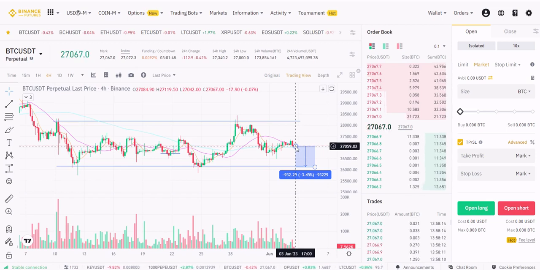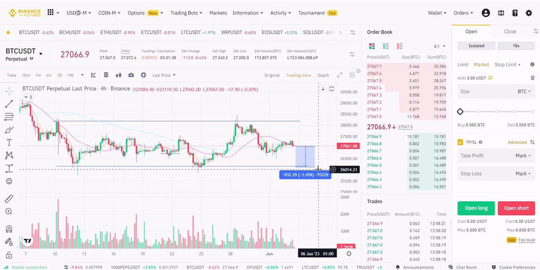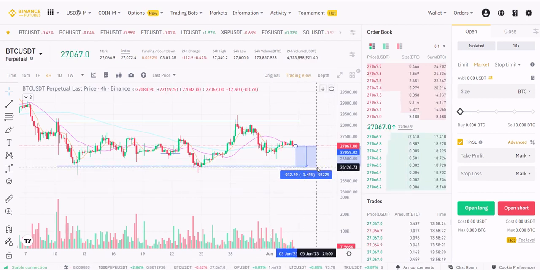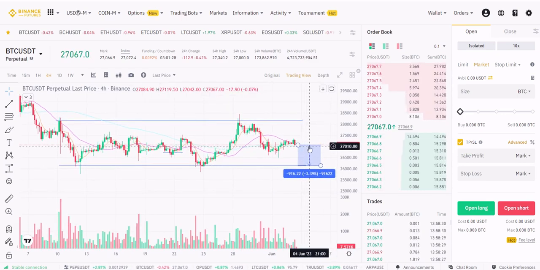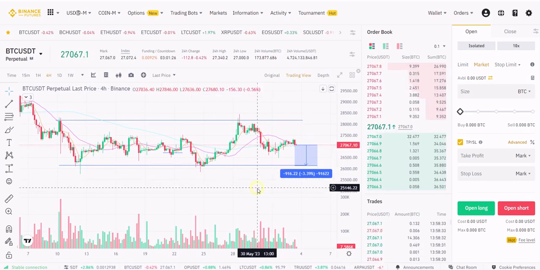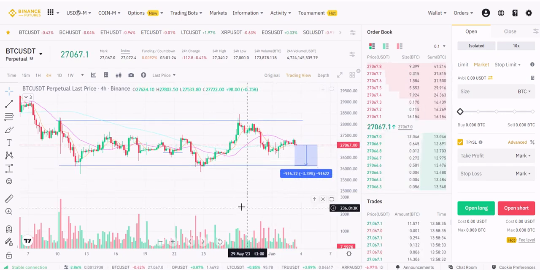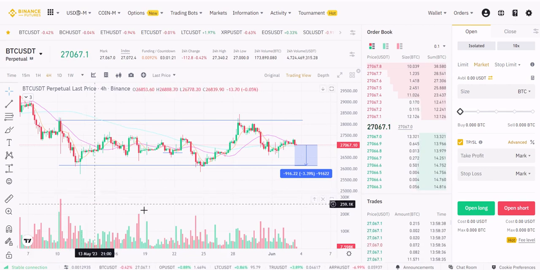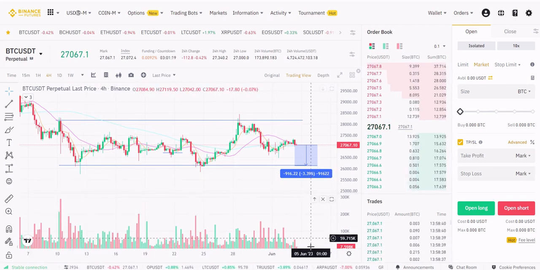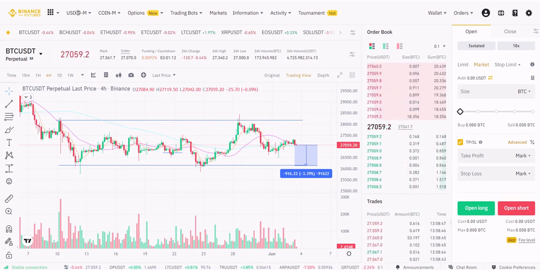So we can see that from the current price down to the bottom of this sideways channel, it's roughly 3.5%. We'll just say 3.4 for argument's sake. So we're going to go down 3.4% from the current area, and that's basically going to put us right at the bottom. So what would we do for leverage? Well, on the calculator, I would be using